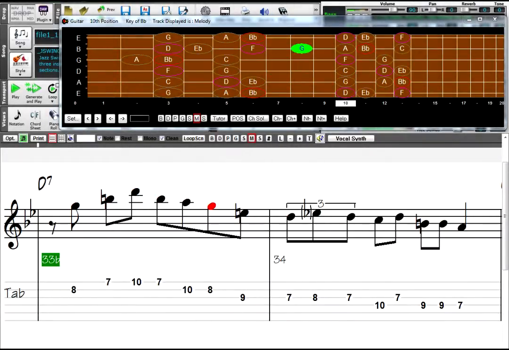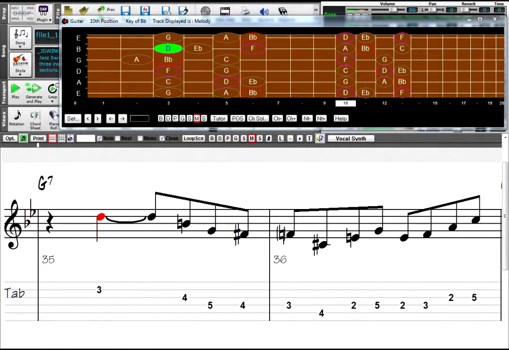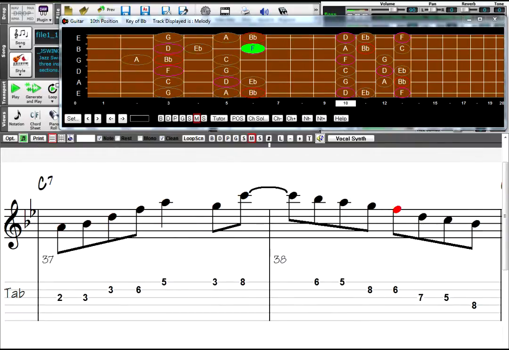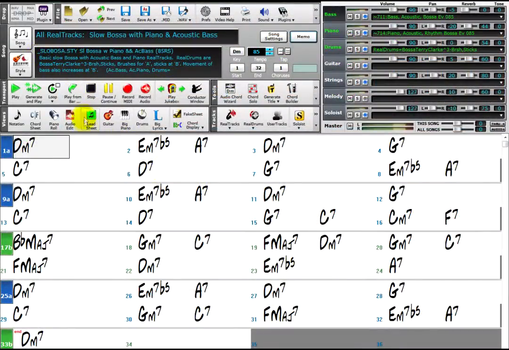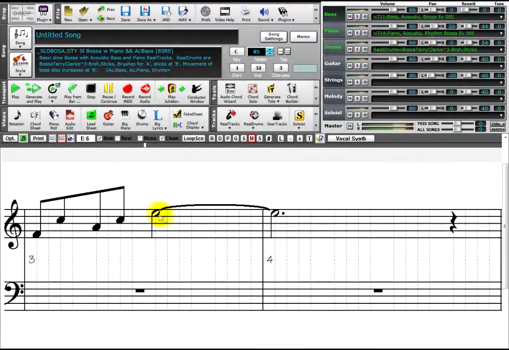Let's say we have a little guitar melody in mind and want to try entering it into Band in a Box. First by using the fretboard, and then by using the notation window. We have a slow bossa song here, and I am going to add a little melody to it using the fretboard. So instead of adding notes to the staff, I will add notes only thinking about how to play it